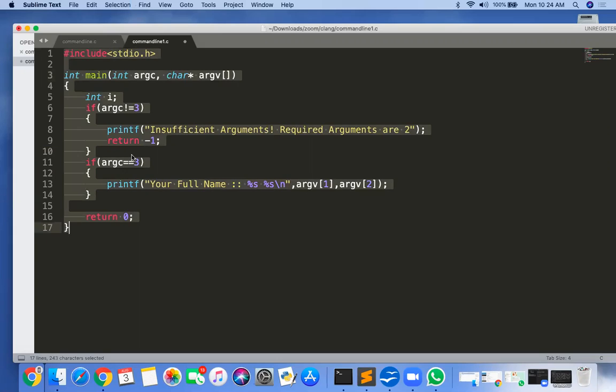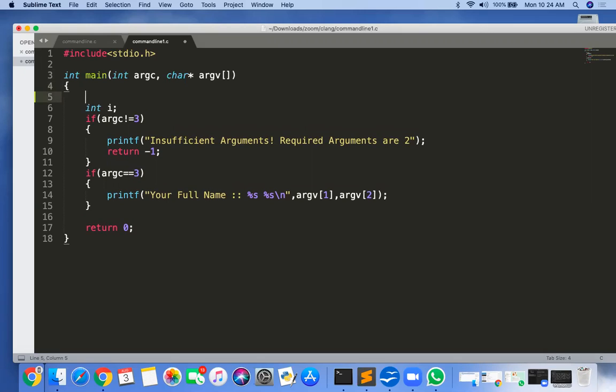In this, why have you taken 3? Sir, we could have taken 2, no? Argc is not equal to 3. What is the use of this program? How do I run it? If I want to run this program, it is ./a.out, and suppose the first name and the second name are given.